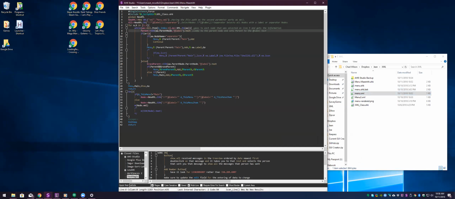Okay, I added a file named menu-favsubs.xml. So if you want to use that one,